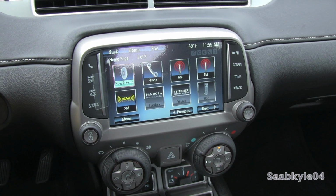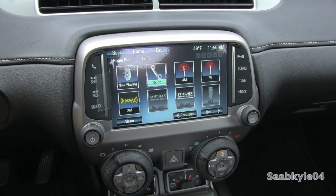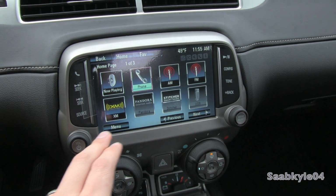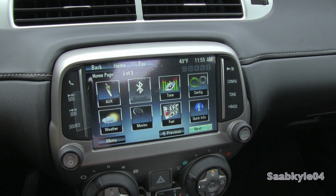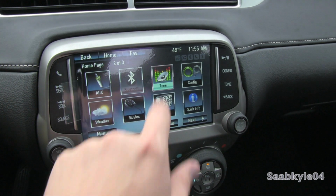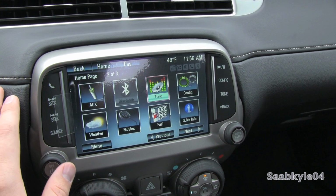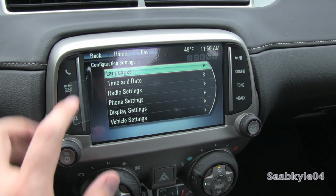Now, like I said, you could get navigation with the system, but this particular one's not equipped with it. Your hands-free Bluetooth telephone that automatically asks you to pair it, and you can store your numbers, change it between the different radio modes, including your internet media, USB, auxiliary, Bluetooth streaming, your audio adjustments and preset equalizers, configuration, all of the system settings,